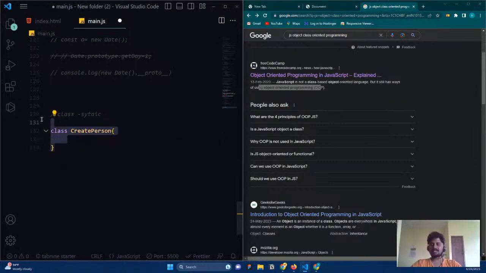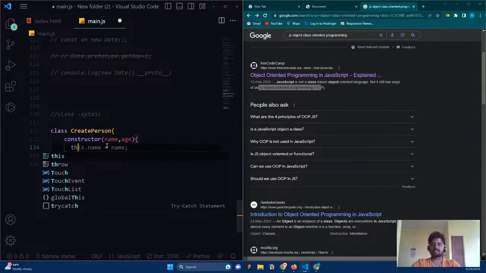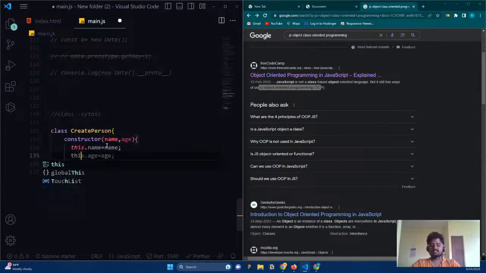It should be very simple. So here classes are used to construct a prototype, to construct a blueprint for an object. In the prototype, we needed a constructor to construct all our data, so we have this constructor method. It will store all our data, which means the properties, whatever data we need, the name and age. It acts like a constructor. I can simply say this.name is going to be the name, this.age